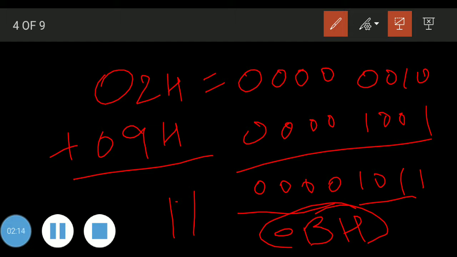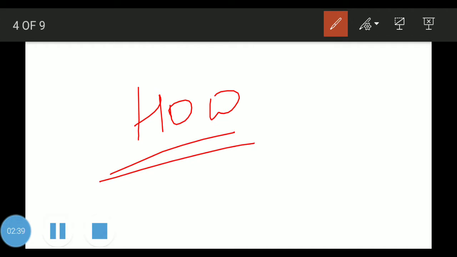Actually we get the result here in hexadecimal, and we don't want it in hexadecimal, we want it in decimal form. That's why we use BCD. BCD is such an instruction. BCD instructions will be used to adjust that hexadecimal number into decimal format. Now the question comes, how does BCD adjust a number into decimal form?